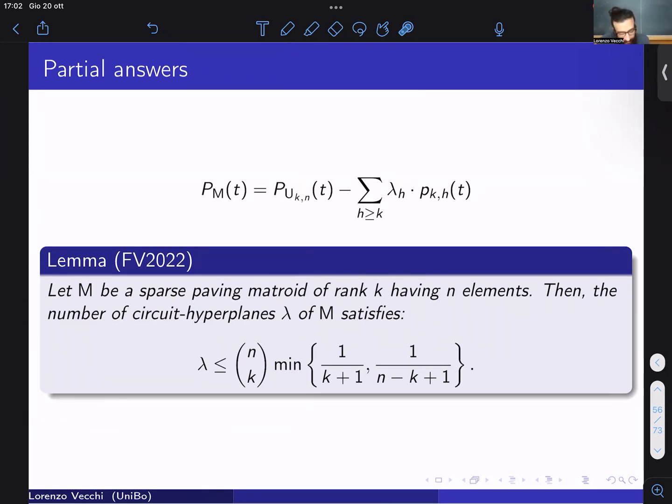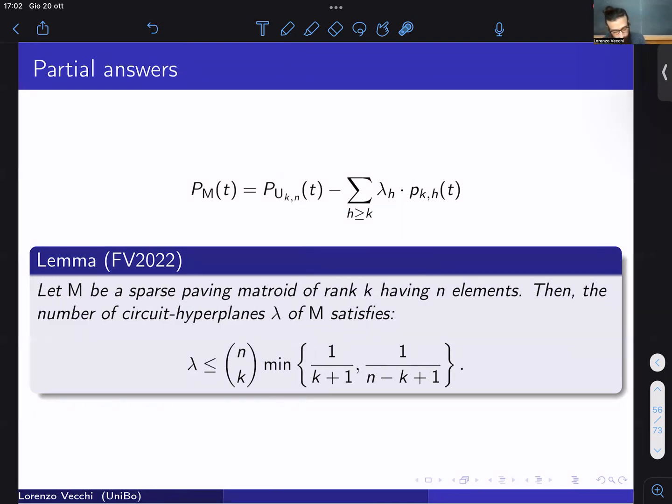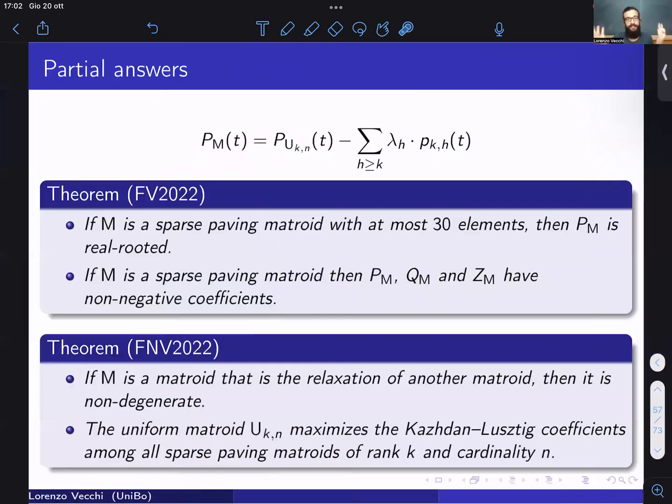So after using a lemma that gives us a bound on the number of possible circuit hyperplanes in sparse paving matroids, here is a list of the answers that we give in two different papers. Firstly, this formula here now is not recursive. So computers like it very much. So the first thing that we were able to do is give a formula for the Kazhdan-Lusztig polynomial